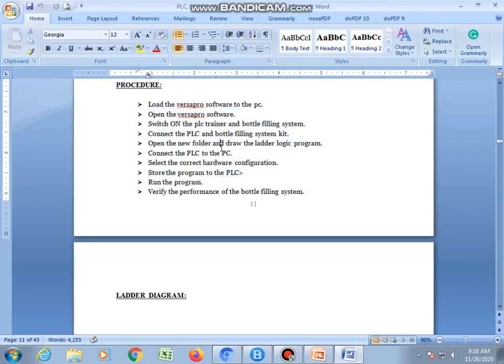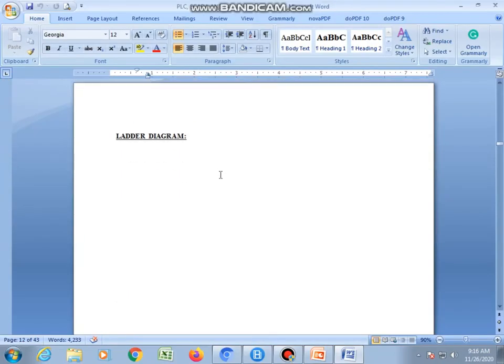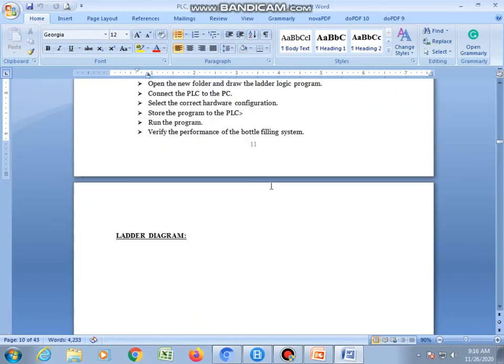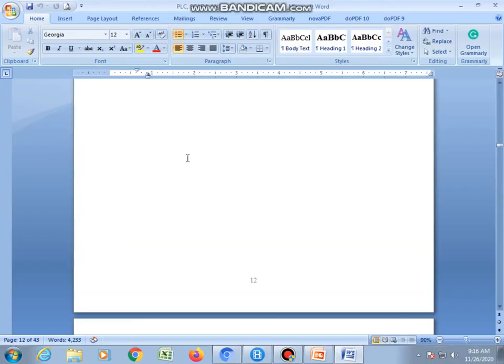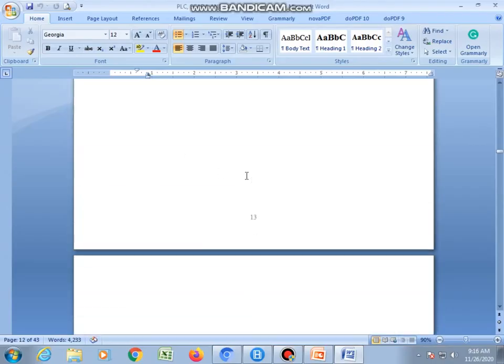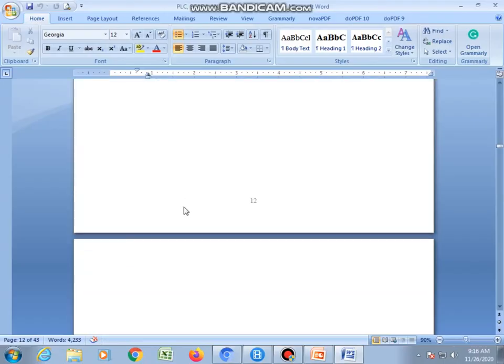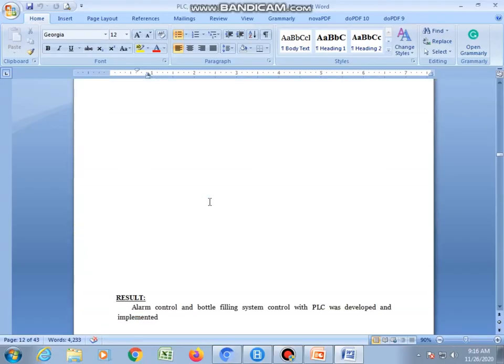You need to put the diagram for the bottle filling system using PicoSoft or Logix Pro, and then paste it here. The diagram will be sent separately. You have to use that diagram, do the logic in either PicoSoft or Logix Pro, paste it here, and submit this document.